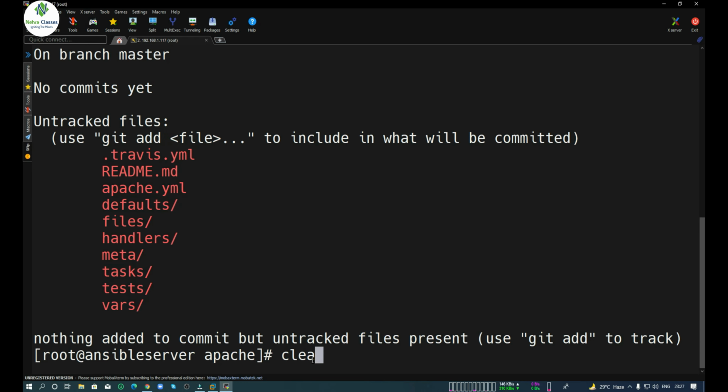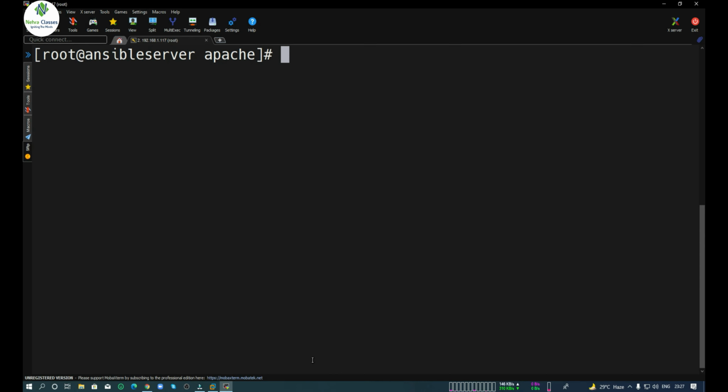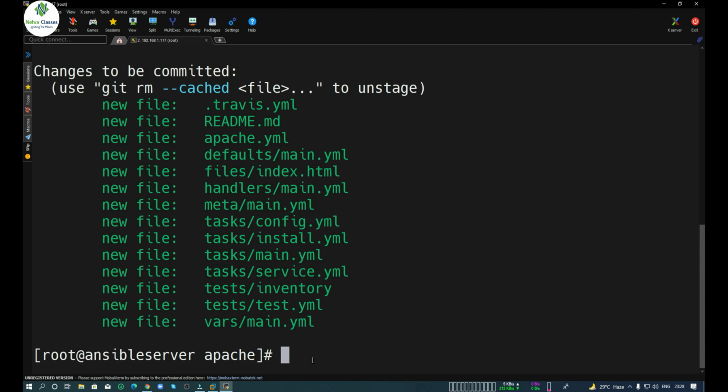Now in the next step we will execute git add and the current directory. So we will mention the dot here and we will press enter, and again we will execute the git status command. This time it will show us all the files and directories in green color. So all of them are ready to be uploaded.